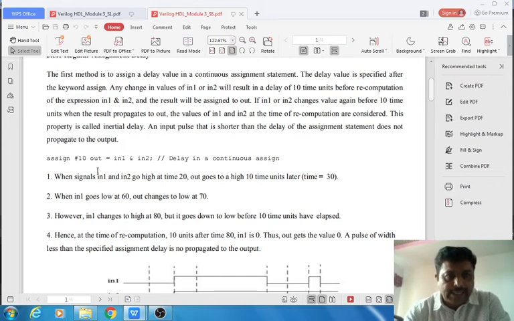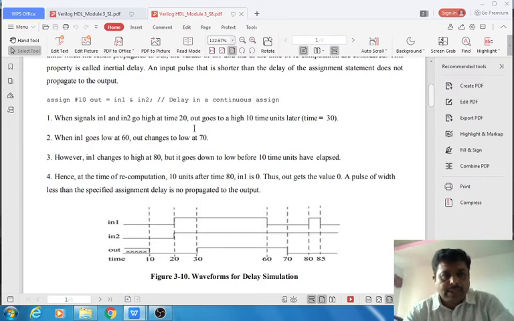For example, here we have assigned a delay of 10 nanoseconds to the logical AND operation. If the pulse is shorter than 10 nanoseconds, the assignment statement does not propagate the value to the output. So it is not transferred to the output.